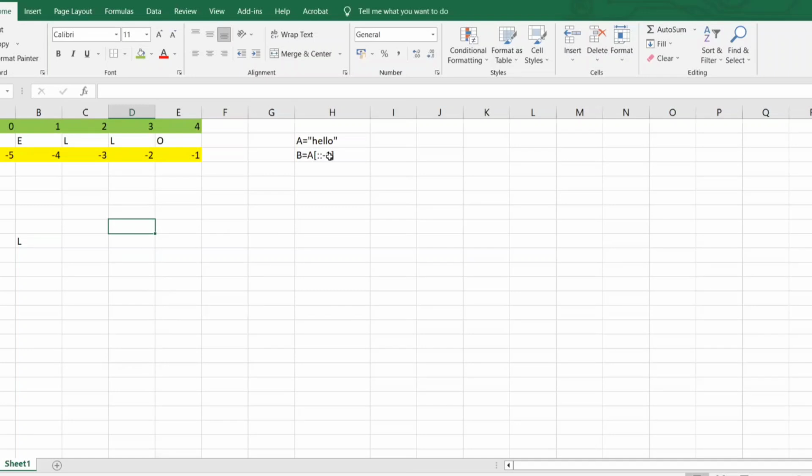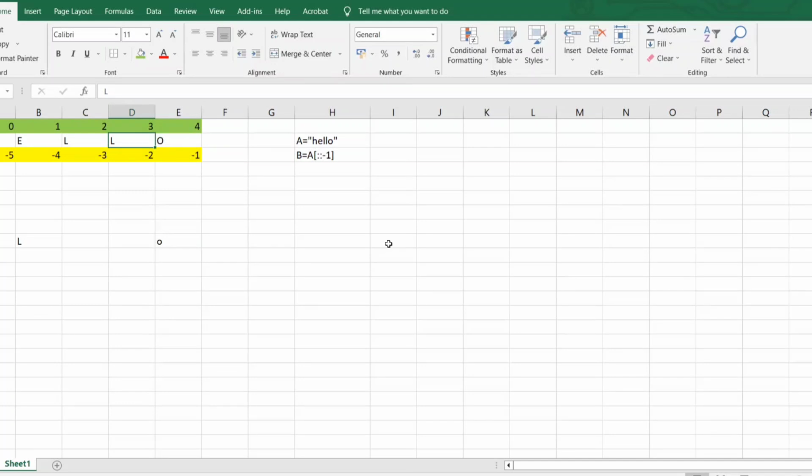The moment you give -1, it will start from the reverse because you are doing a reverse step. If you give 2, it means go forward 2. If you give negative, you are saying go back. So it will start from the end. So this -1 will be the starting point. Starting and ending will be from the first and second colon, and the -1, the last one you have given, is the step. Okay. So the index of L is -2. Right. So it has to be at -3.